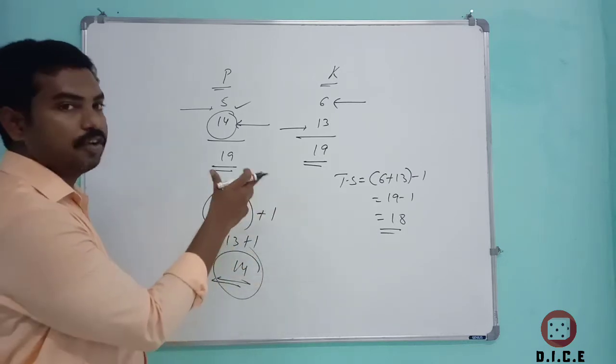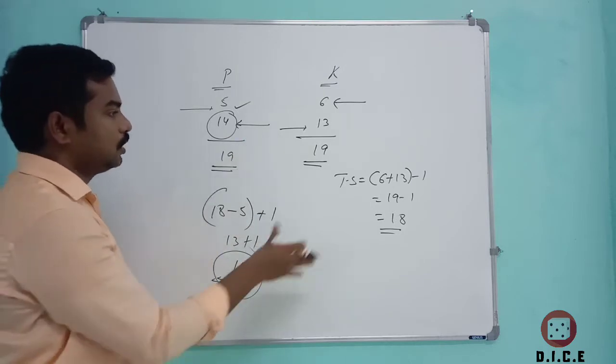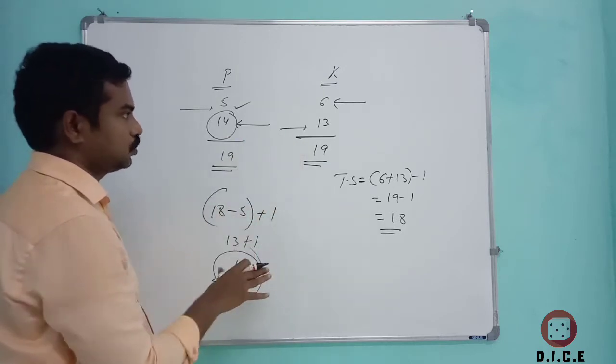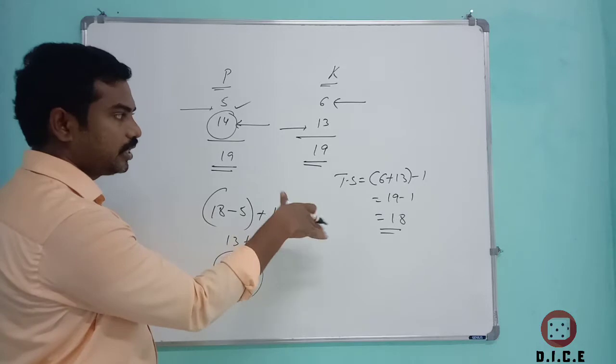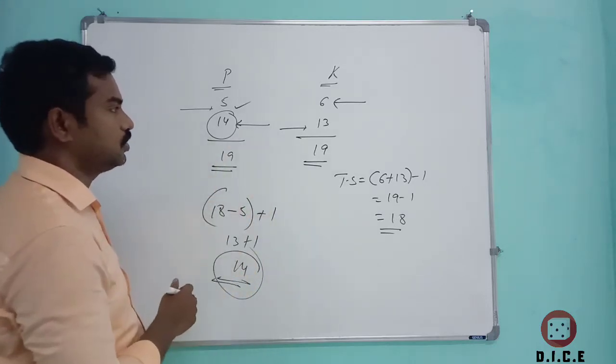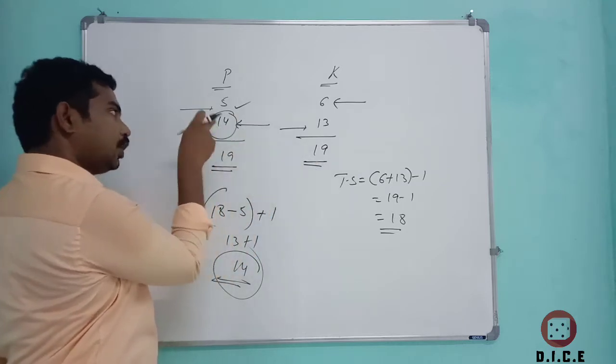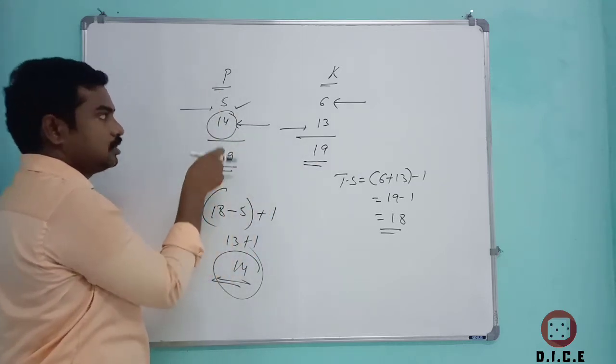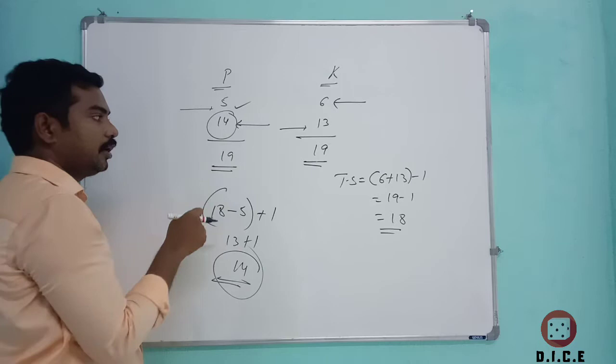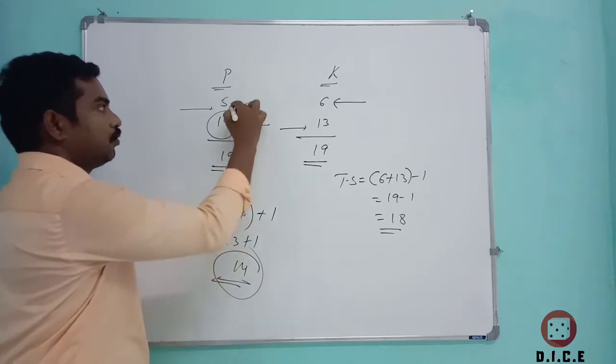So, we try to follow the very first method I told. This all takes a lot of time. After knowing the total students, then you put all these things, it creates a lot of nuisance. If you add 6 plus 13, that is 19. So, what is the figure you place here that gives you 19? Simply the answer is 14. 5 plus 14 will give you 19. So, 14 is the right answer.